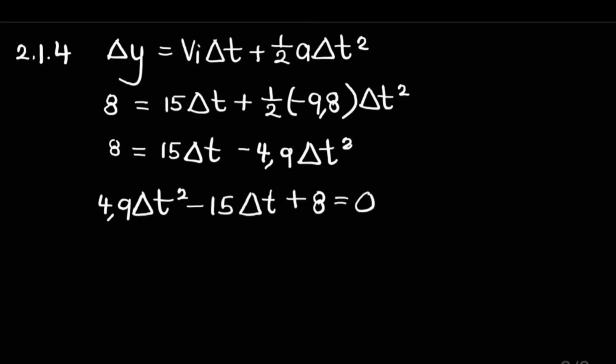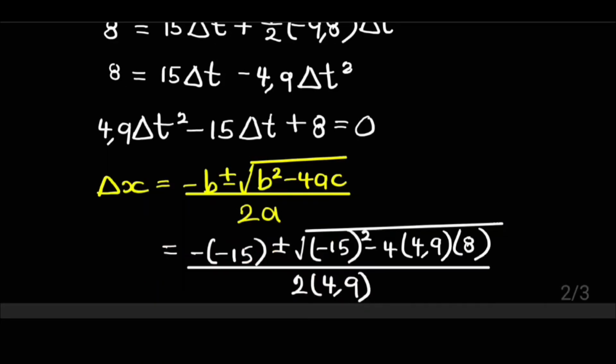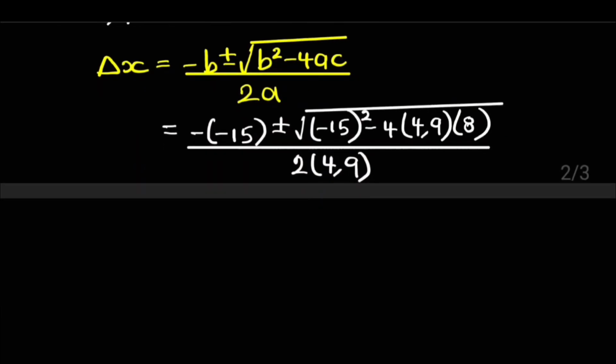So how do we solve this? We've got standard quadratic format. We can use the quadratic formula. Here's our quadratic formula from maths, and we're now going to substitute our values. So here our B value is negative 15, our A value is 4.9, and C is 8. Now solving here, we're actually solving for delta T, so we're going to have delta T is equal to 2.37 seconds, or delta T is equal to